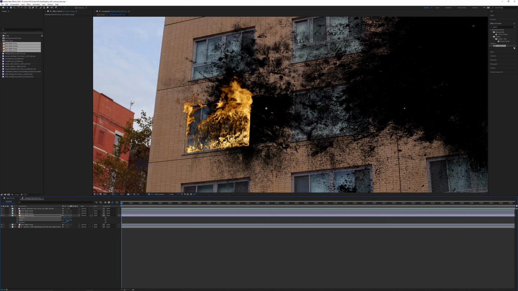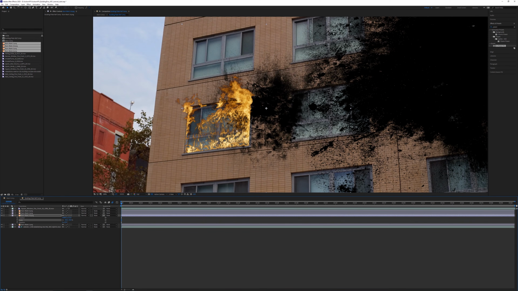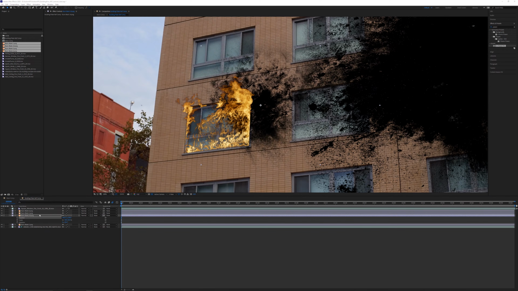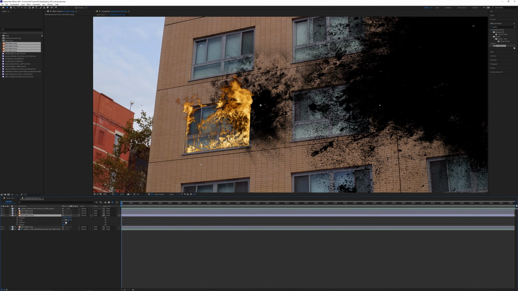So I'm gonna click P, then I'm gonna hold down S and then hold down R, which will add the position, scale, and rotation channels. Scale this down. In fact, we can do something in reverse, something like that. Then I'll go ahead and just flip this channel. Then shift click T, and we're just gonna lower the opacity down. Something around 70% is probably a good place to start.